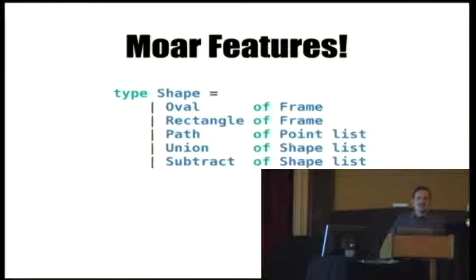We've got to keep building up this drawing program. So we're going to add some more shapes. We're going to add paths, which are just a point list. We're going to add unions and subtractions, which themselves take in shapes. So we're creating a more rich, real user model here. And to be honest, this is pretty much all you need for a drawing program, but we're going to add